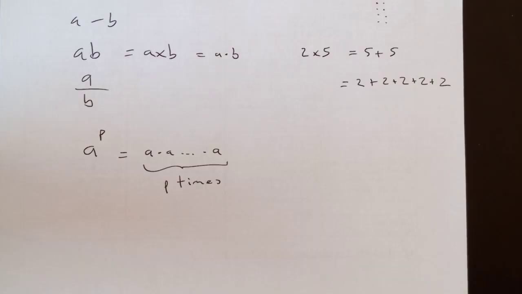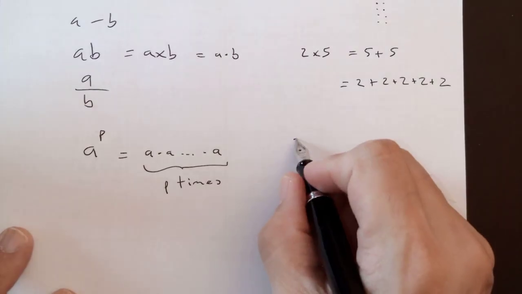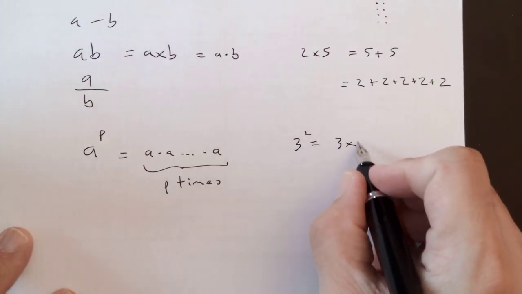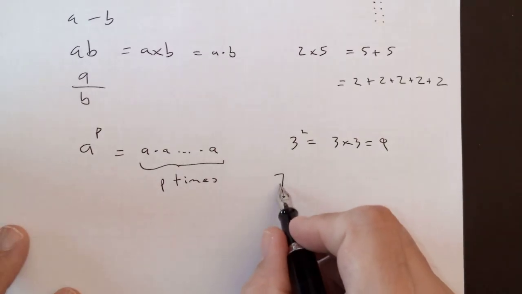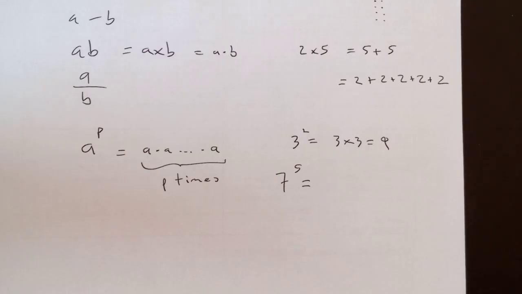I mean, some of these numbers are easy to deal with, right? 3 squared is easy. But 7 to the fifth, I'm in trouble. You have a calculator. You should find it. If you have your laptop open in front of you, there's a calculator app. Pull it up. What's 7 to the fifth?